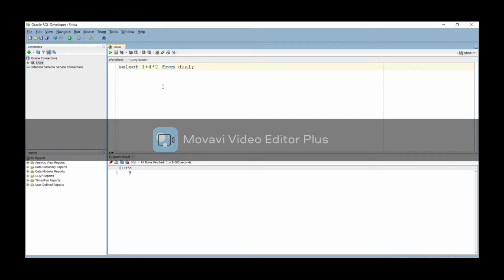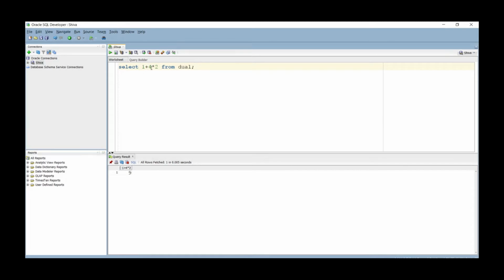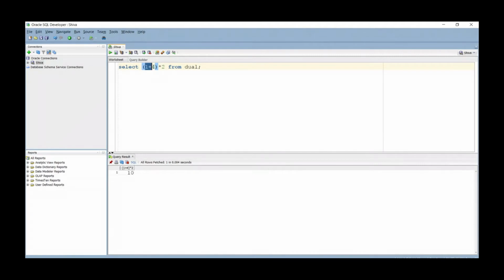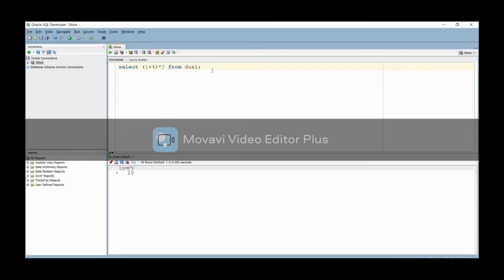If you want to deal with this type of calculation, where 1 plus 4 gives 5 and then you need to perform 5 into 2, we need to use brackets to tell the system which part to perform first. Put the first operation in brackets. Now it works as expected. Arithmetic operators work like that.